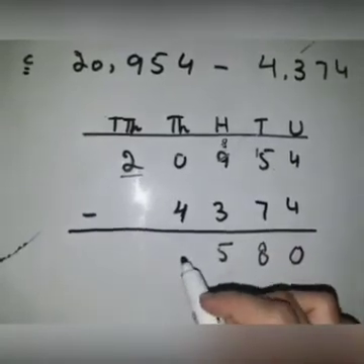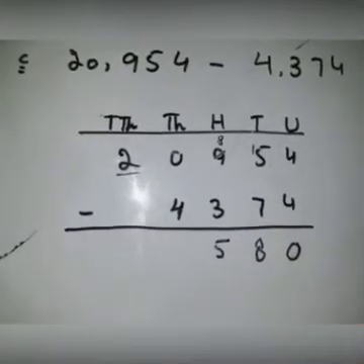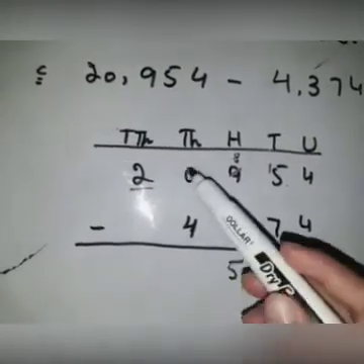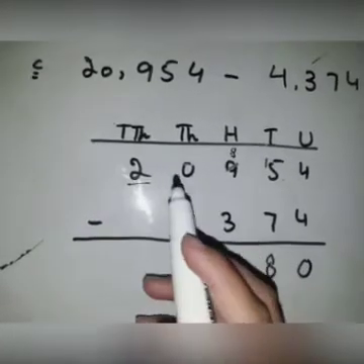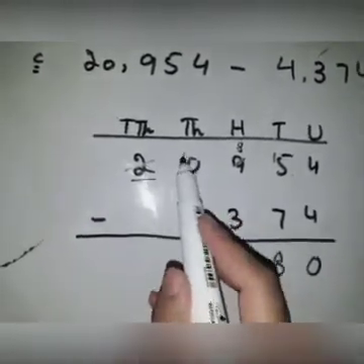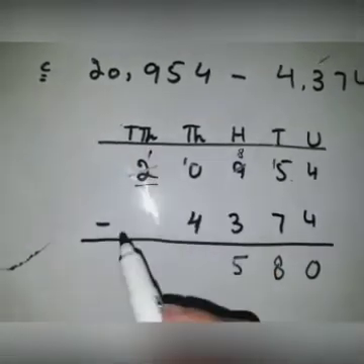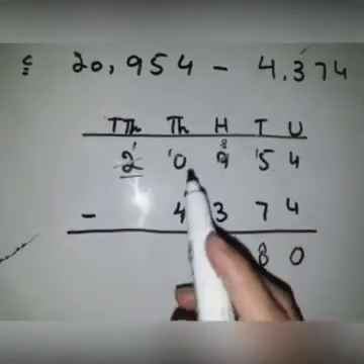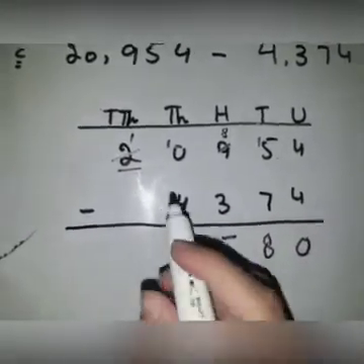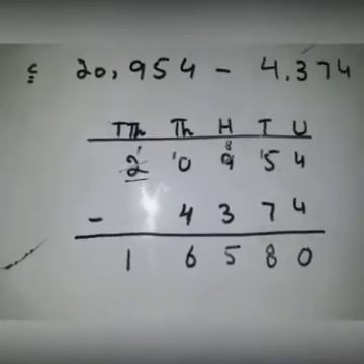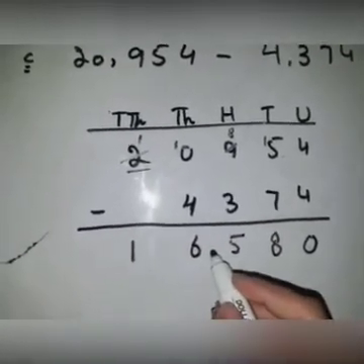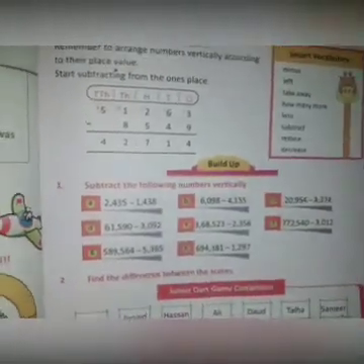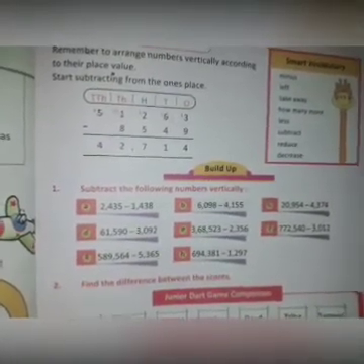It doesn't mean you write the 4, because sometimes we become confused. If you have 0 here, it means you have to subtract 4 from 0. So it's not possible. So we will take 1 carry from the 0 and here is 1 remaining. Now you have to subtract 4 from this 10. When you subtract it, the answer will be 6 and 1 remains like 1. So it will become 16,580. Now with the same process you have to solve all these questions in your neat copy from part A to part H.